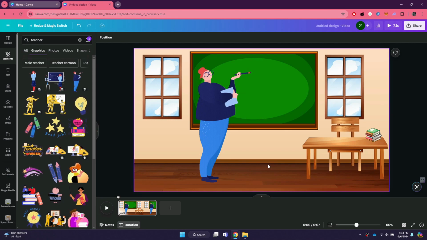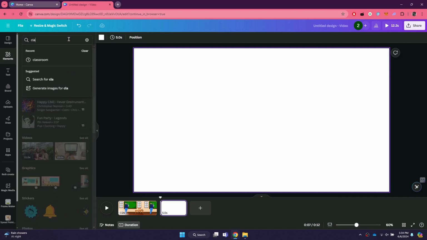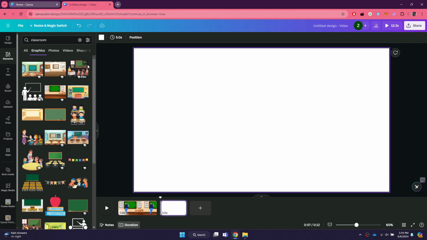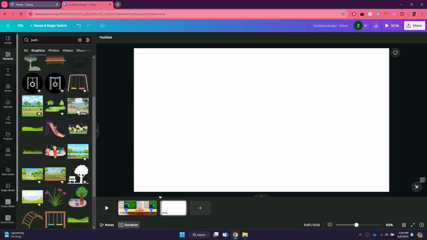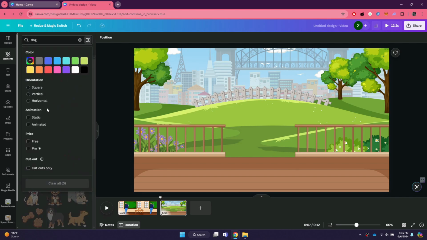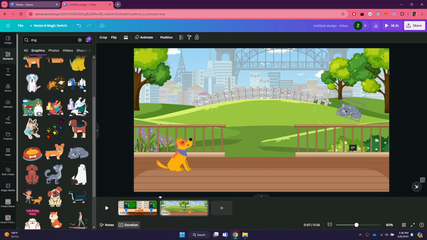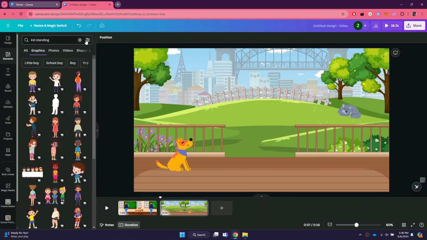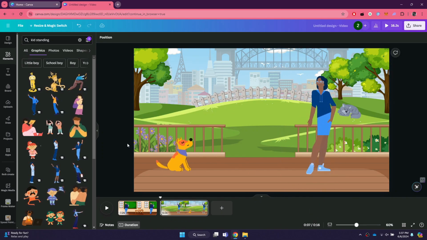Once done, you can also try adding some extra stuff if you want, or you can just proceed to a new page. To do that, tap on the Add button and start creating another animation. To do that, search for a background and all of the models or elements that you would like to have in your animation. You can try adding as much as you like, but after you are done, you will need to add a